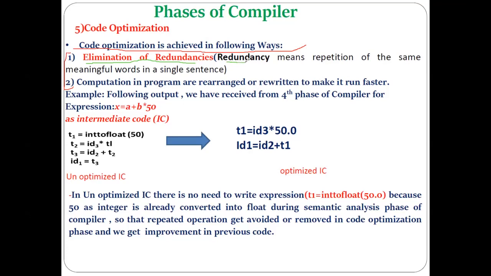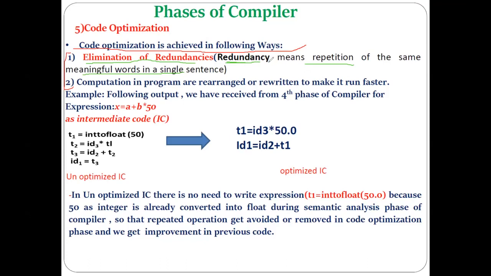Now, redundancy means the repetition of the same information within a program, or repetition of the same code within your program. Understood? That is called redundancy. Code which is available in the program, even if it had not been available, our program would still work well. That particular thing is called redundant code, so you can simply consider it elimination of redundant code. Redundant code means some repeated code which is not required in the program.